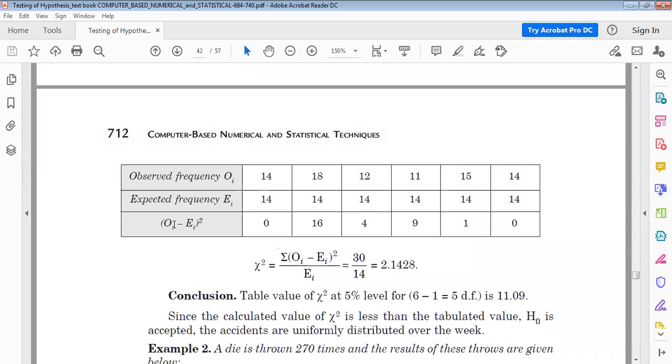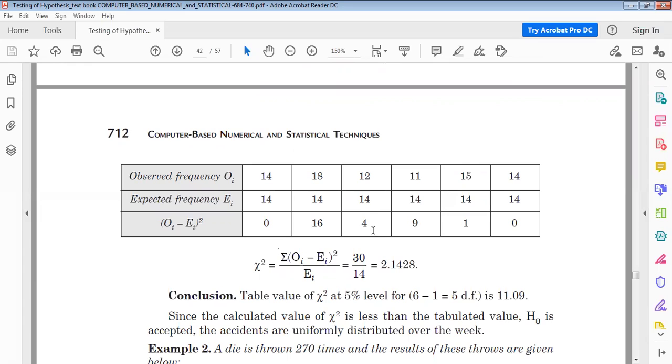Average. So we take observed minus expected and then take the square. 14 minus 14 is 0, square 0. 18 minus 14 is 4; 4 square equals 16. 12 minus 14 is